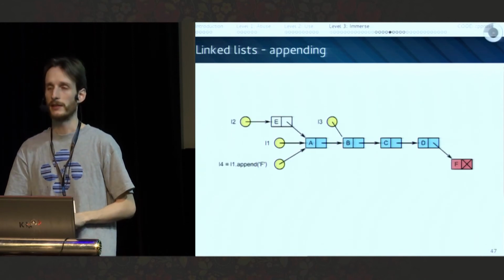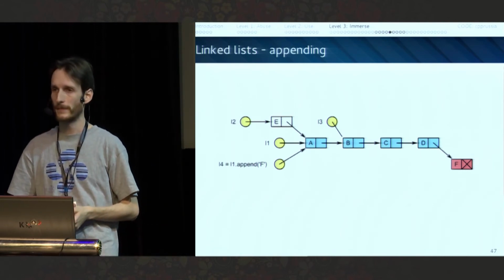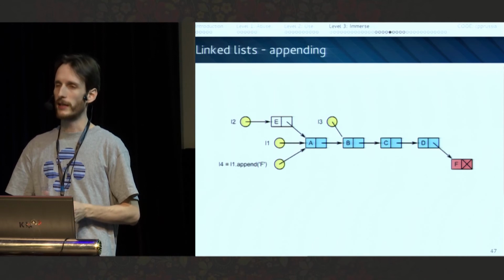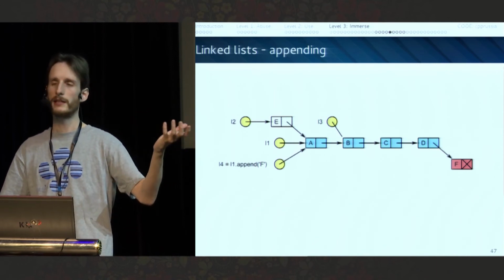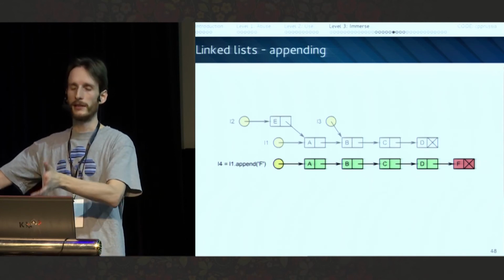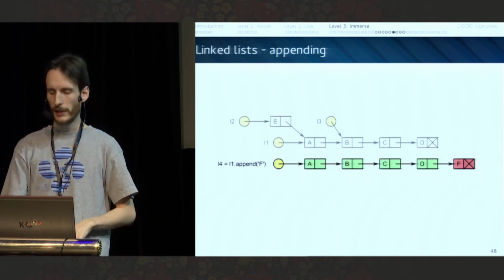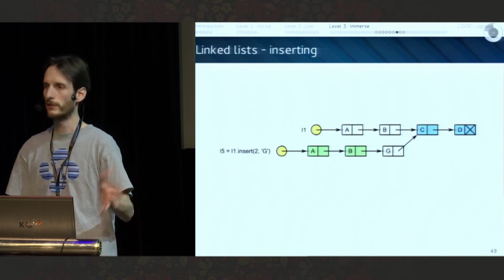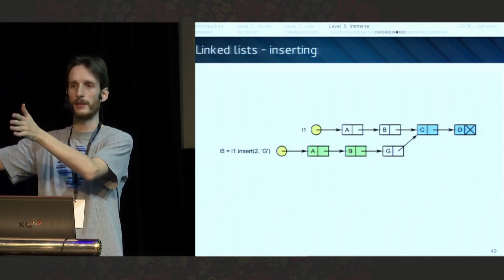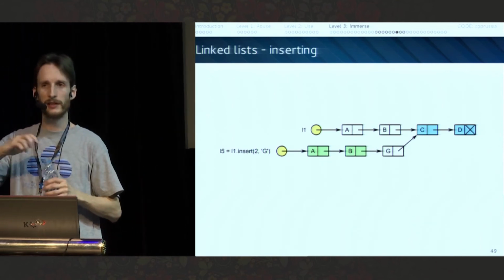So what happens if we want to, okay, again, prepending or getting the tail. What happens if we want to append? Can we do this? No, this would change all the lists that currently exist. So in the case when we want to prepend something to a list, it's efficient. If we want to append something to the list, we actually need to copy it, and then we can share its data with all the derivative lists of that one. If we want to insert, we will have to copy all the nodes before the inserting place, and we can share all the nodes that are after the inserting place. Okay? Any questions?